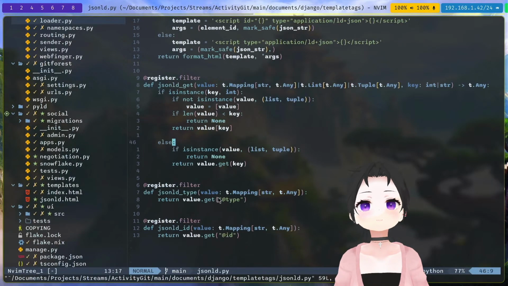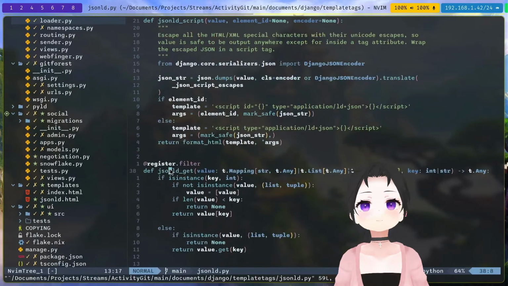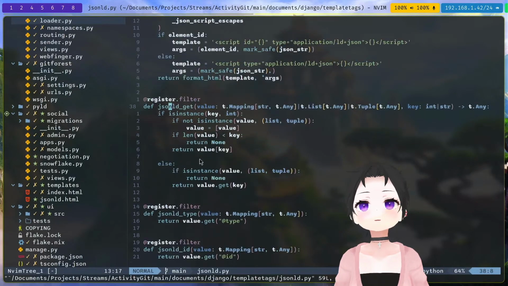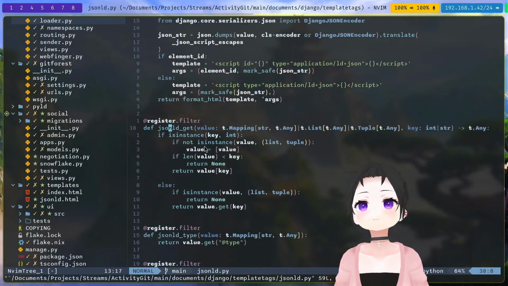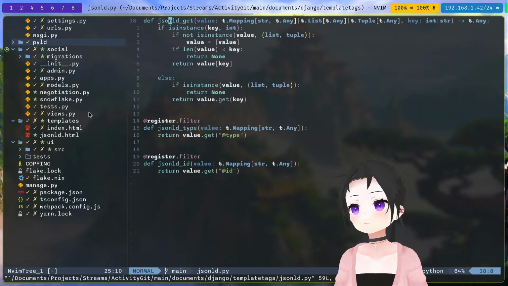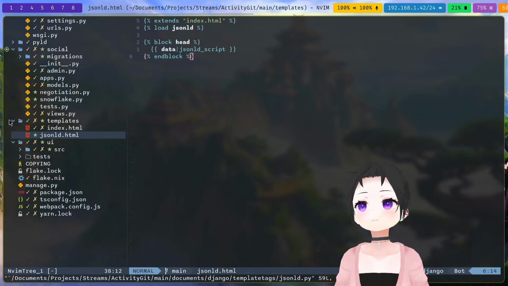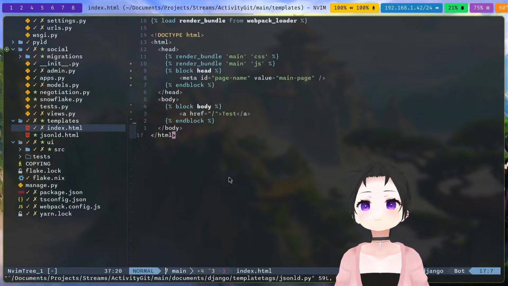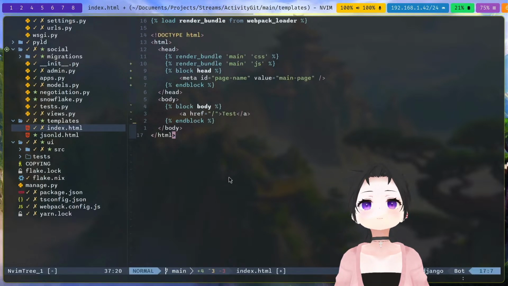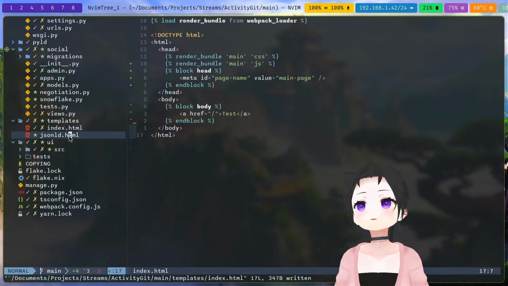So done. Now we have a get function also for types, and we can now use this to essentially go in,